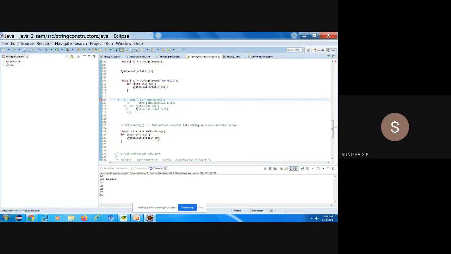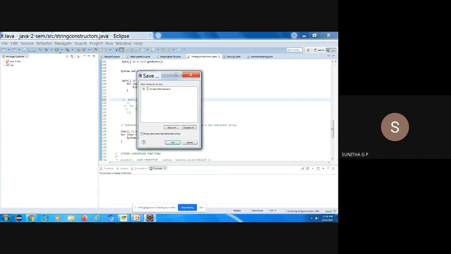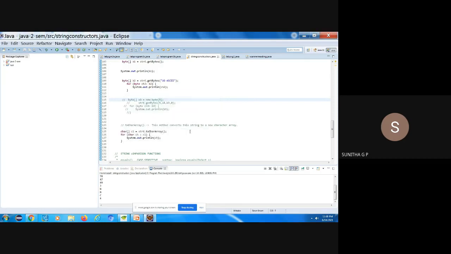To print an array, we extract each character using each index and print it. That is why we are using a for loop. Okay, so run this. Okay, so this is the output. JNNC is the output of line number 127, converting a given string into a character array.